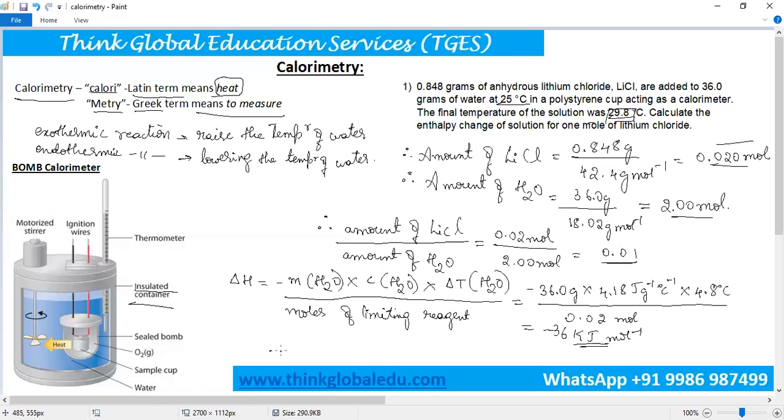Therefore, in this reaction, the solid lithium chloride, on reacting in an aqueous medium, forms aqueous lithium chloride, in which minus 36 kilojoule per mole of energy will be given out, indicating an exothermic reaction. Thus, by means of calorimetry, one can easily calculate the enthalpy change for a reaction and predict whether a reaction is